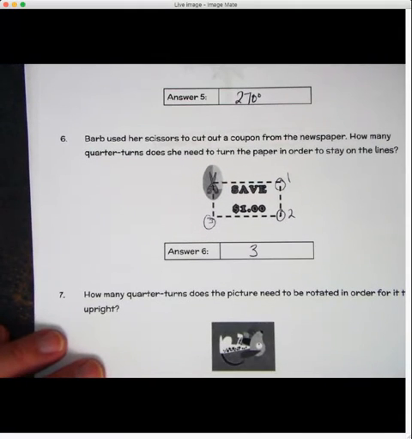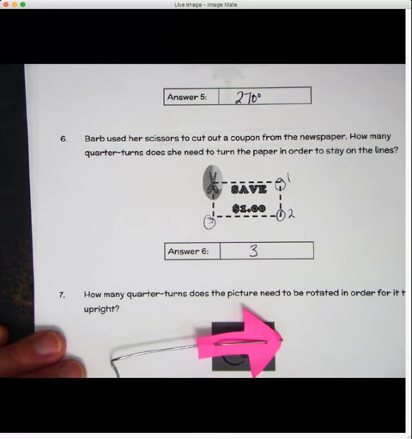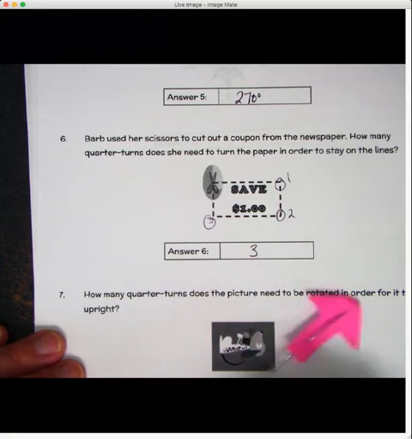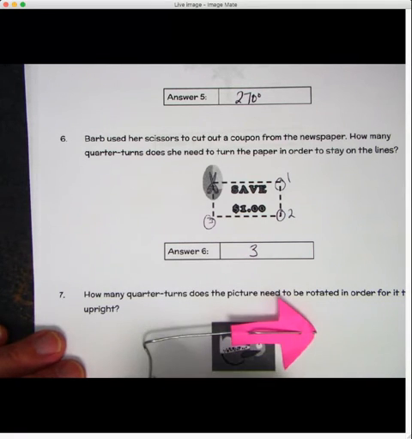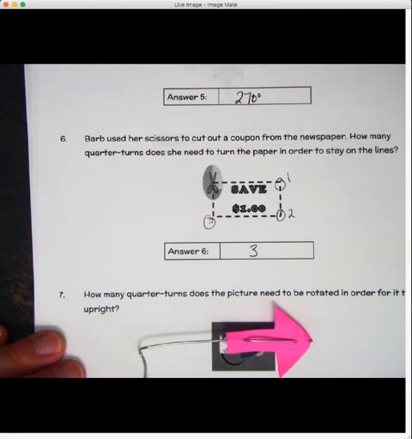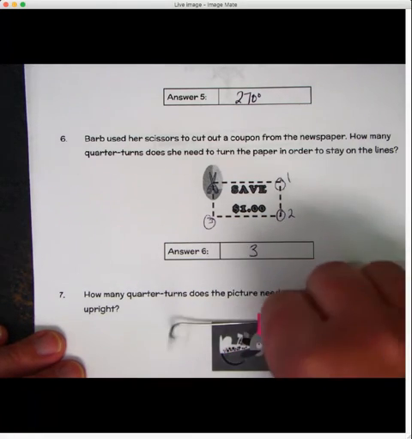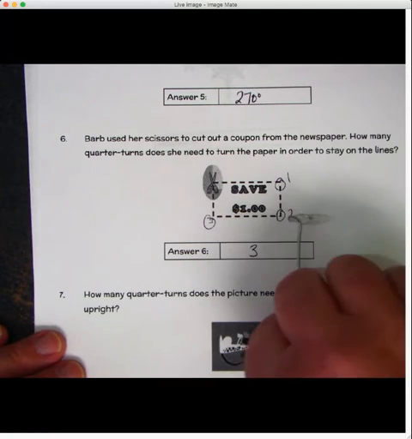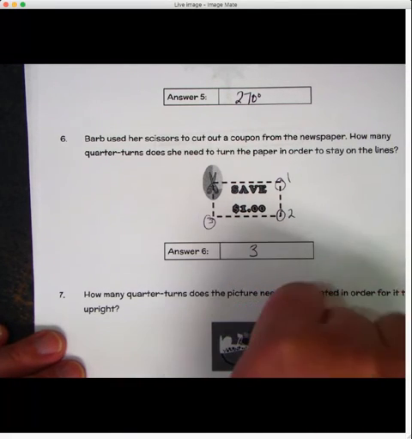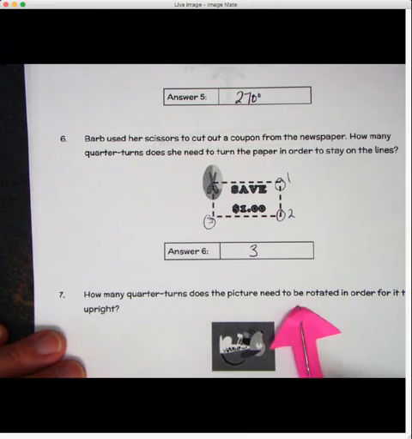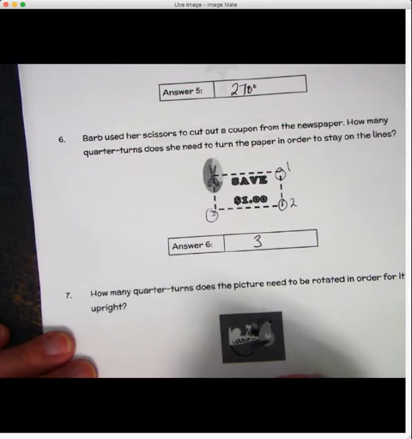How many quarter turns does the picture need to be rotated in order for it to be upright? So the doggy is laying on his side right now. We want it to be straight up. So there's a couple ways we can answer this because it didn't tell us if we have to turn it to the left or right, does it? If we're going to turn it to the right, we're going to have to turn that doggy 1, 2, 3 for him to be sitting up straight. So we could say 3